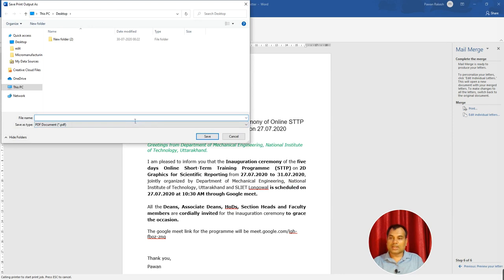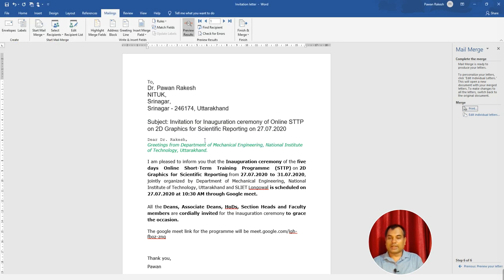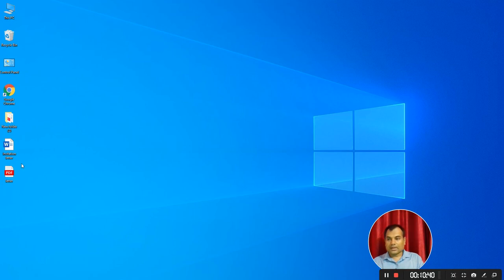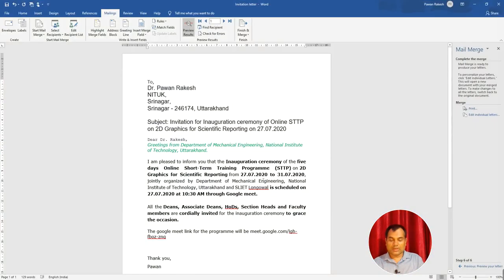It is asking for a file name, suppose I want to save it on the desktop, so I'll click save on the letter, and you can see here the letter is saved on the desktop. Now what I can do here, if you want you can edit this.